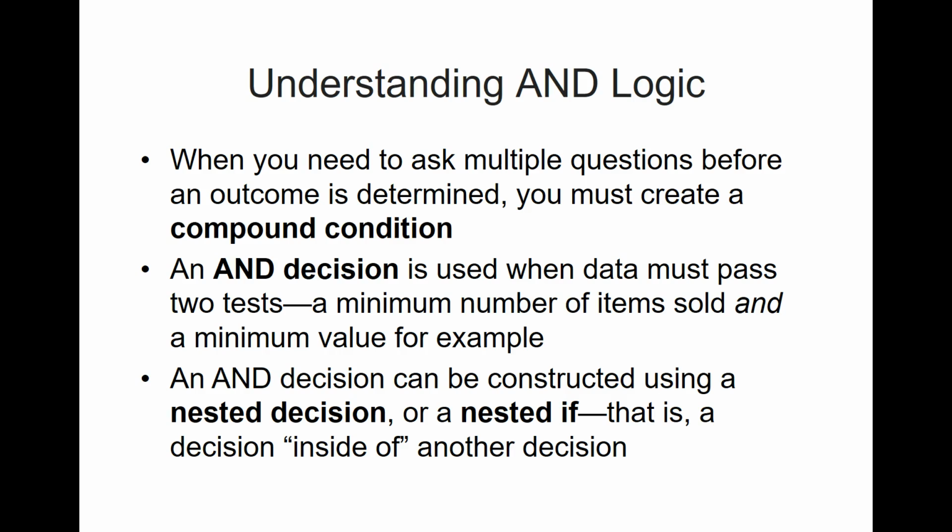Do I have to not have graduated? Because I can't keep playing football for 7 or 8 years, right? So there's some limits on how many years I can be here. Do I have to be academically eligible? So all of those conditions are and. So I have to be eligible by the NAIA. I have to be eligible by the school. So both of those conditions have to be true. So when I say we want an and decision,